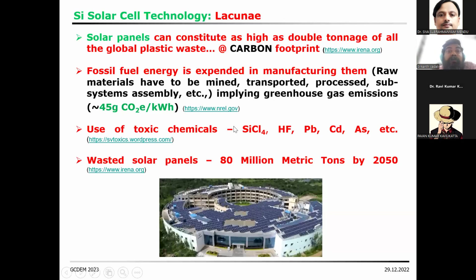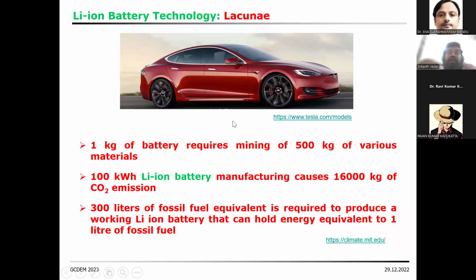So these are all the problems related to conversion. This is one example of energy conversion. We have been using solar energy as green energy and all that, but you can decide for yourself whether it is really green or not, with all such problems. Another famous energy storage technology, promoted as green storage technology, is the lithium-ion battery.